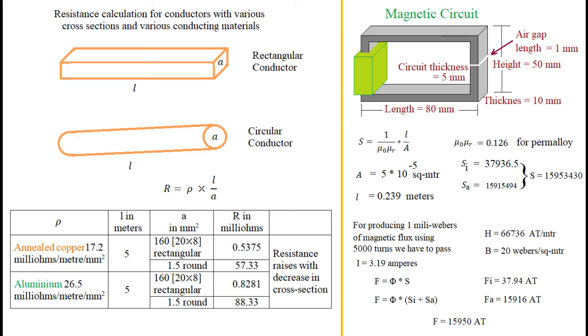One more aspect of this magnetic circuit is that the total ampere turns applied using the coil is 15,950 ampere turns. Out of these ampere turns, 15,916 ampere turns are used for the air gap, and the remaining 38 ampere turns are used for the iron path. This calculation shows 99.79% of the total ampere turns are used to magnetize the air gap, and only 0.21% are used for the iron path. This calculation further suggests that we could produce a strong magnetic field using a minimum air gap and with fewer turns and less conducting material.